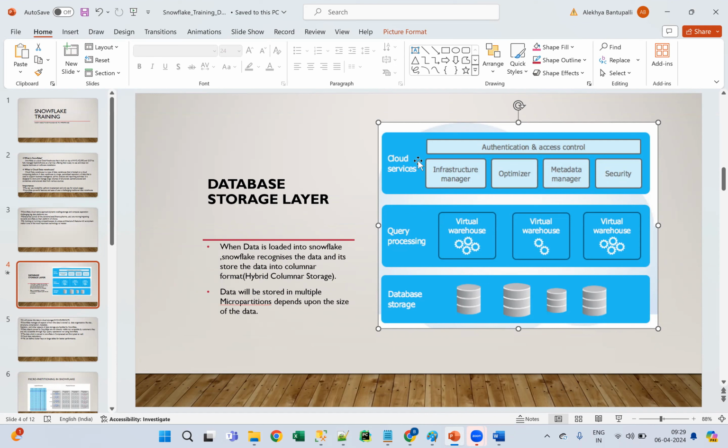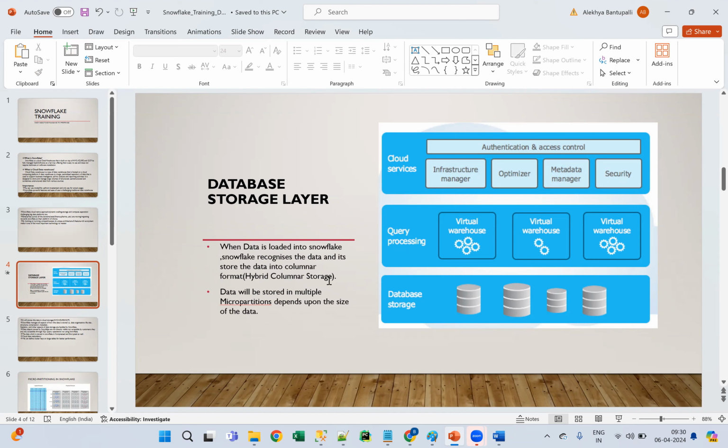Okay, so let's see one by one, guys. First one, database storage layer. When data is loaded into Snowflake, guys, Snowflake recognizes the data and stores the data in columnar format. That is hybrid columnar storage.